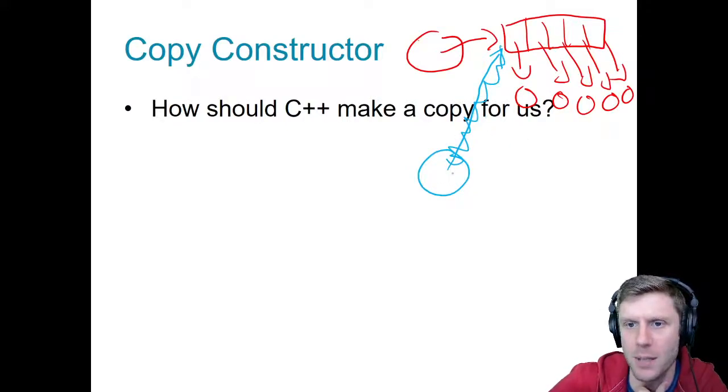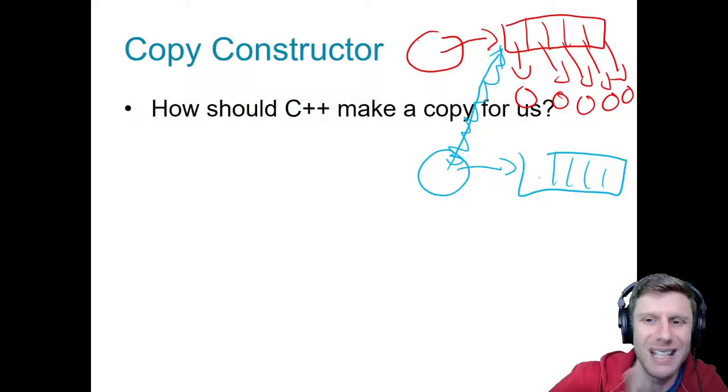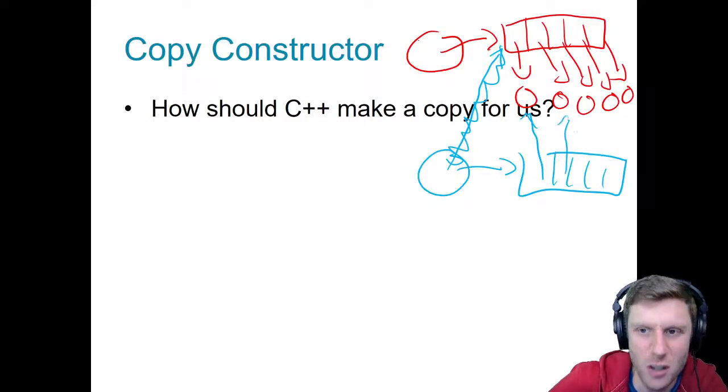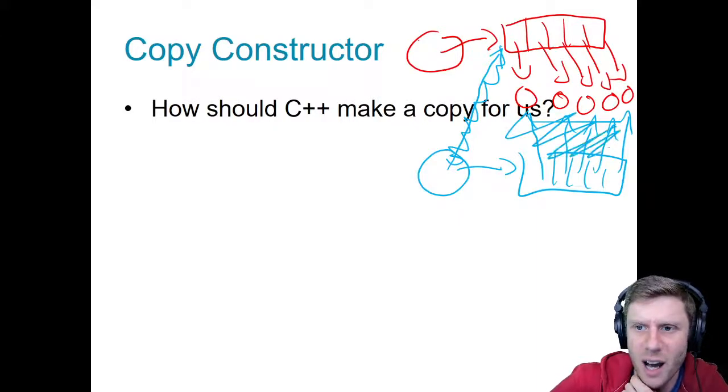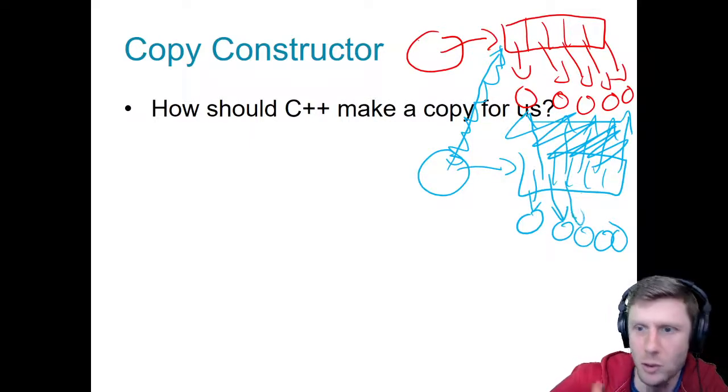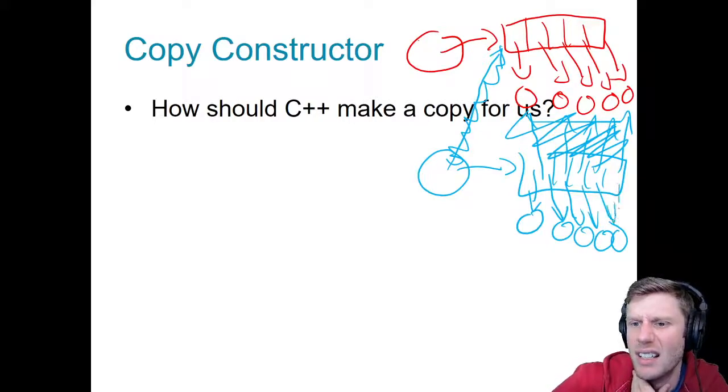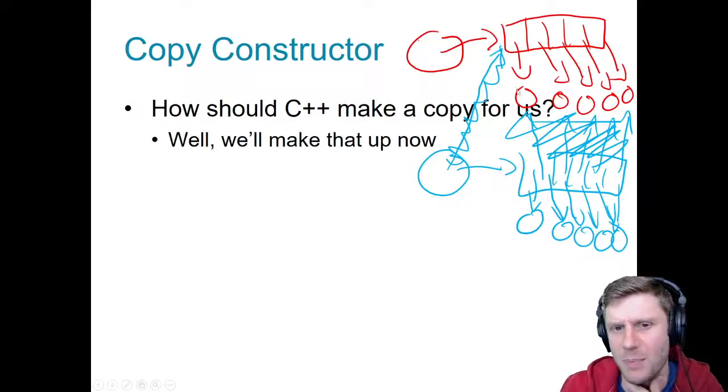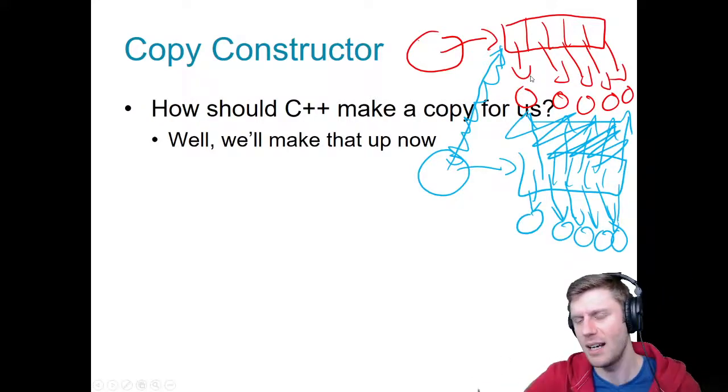Do I want it to be pointing to a new array, but maybe have those pointers in that array point to the same single students in memory? Or do I not want that at all? And should I be making a copy of the 5 students and then having pointers point to the 5 new copies of those students? I think I messed up my drawing here, but the point still stands